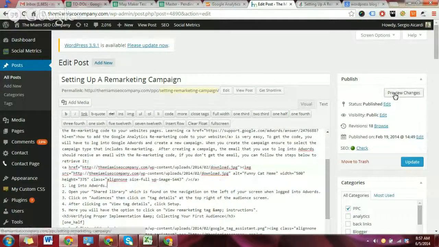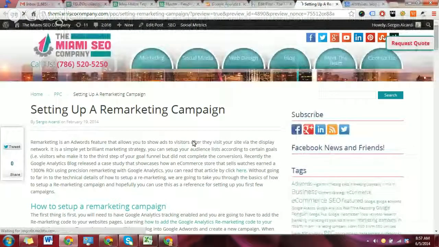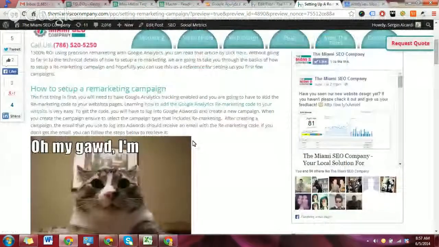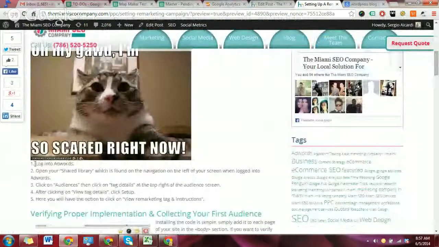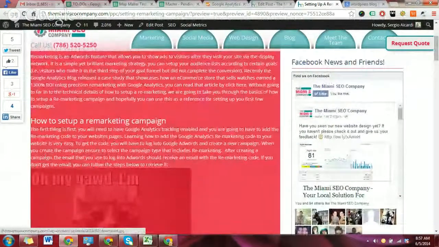To view what you've done, you click on Preview Changes right here. So you click on that, and you'll be able to view the picture with ease. Let it load here, and you'll see what you've done, so that before publishing your live edits, you'll be able to see what it looks like. So the image is now here, the cat meme, and it's right where I inserted it into the text, right before the step 1, log into AdWords, and right after